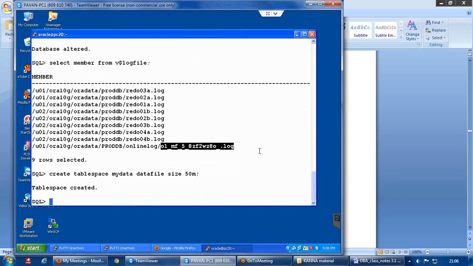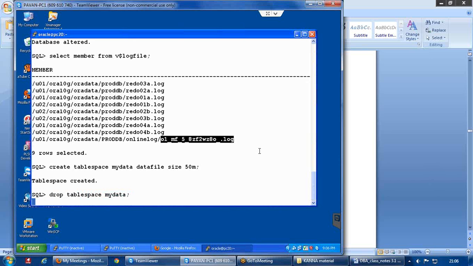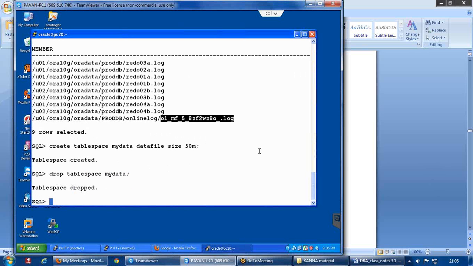So you can see that I have not specified any location or the file name because the location is already predefined in the above parameters, and the name of the file, as I said, will be taken by Oracle automatically. Only thing is you need to just specify the size, whatever size you want.